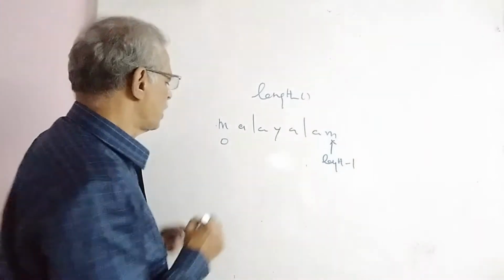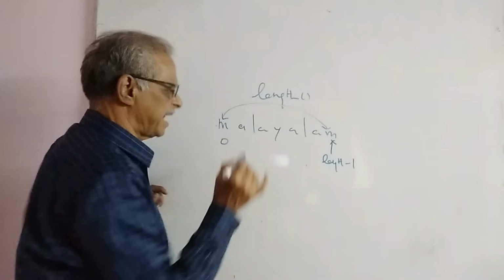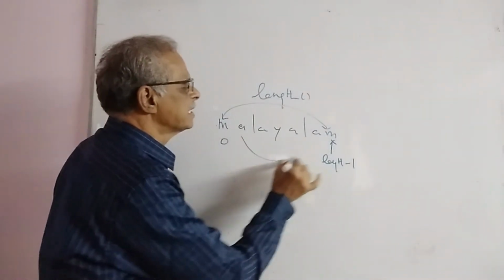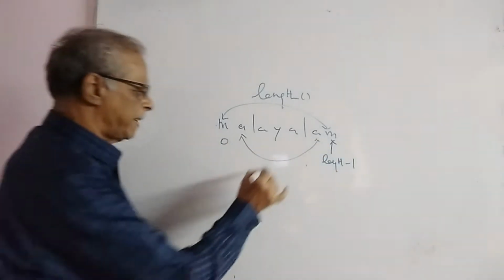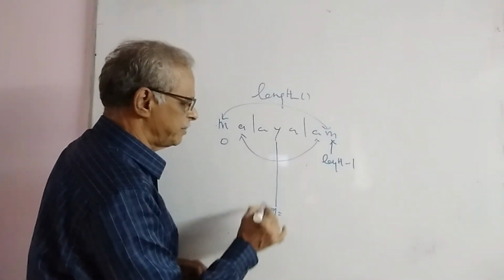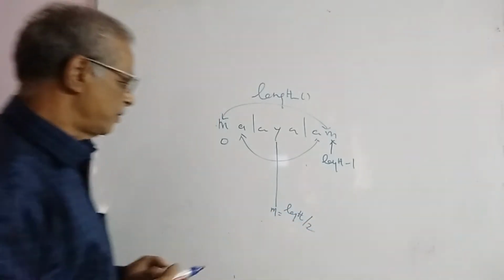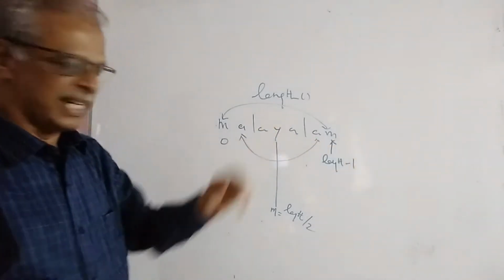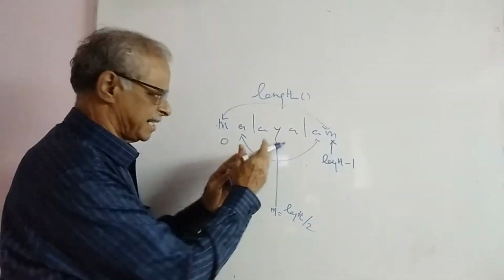Now we are going to compare these two characters. If they are equal, we have to check the next two characters. The process goes until the middle of the string, m. m equals the middle of the string, m equals length divided by 2. We compare the nth character from the beginning with the nth character from the end. If they are equal, then we have to check other characters.